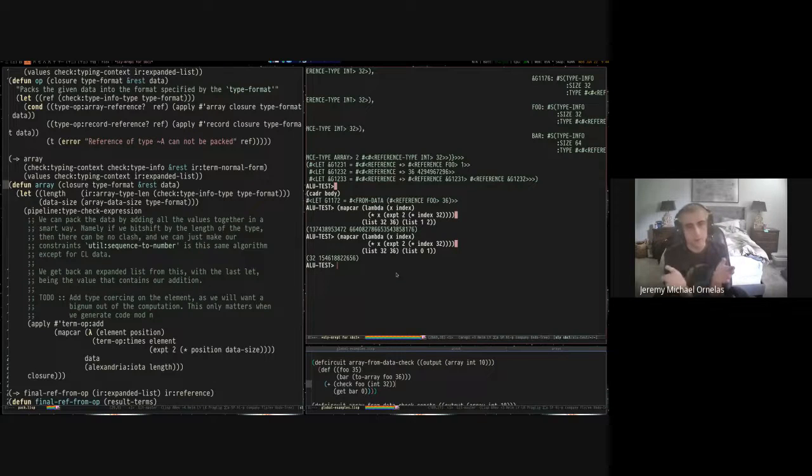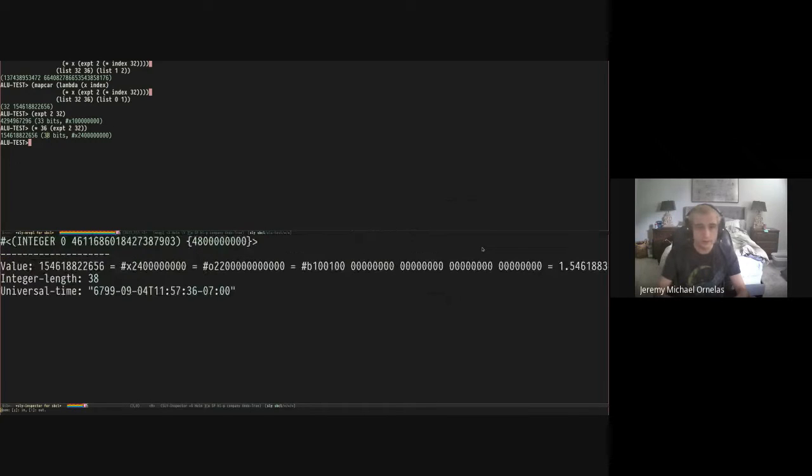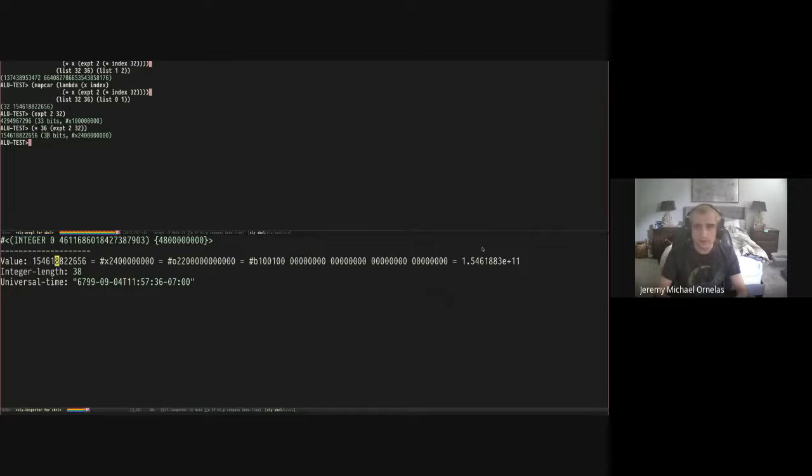Because remember, in the circuit model it's a bit interesting in that arrays aren't real. We have to pack this into a single number, so we have to bit shift everything to fit in a single number. And because of that, we can make this work. So exponent 2 to 32 is this big number here. And when we times this by 36, we get this number here. And this number, if we look at the bytes, Common Lisp is wonderful and lets us show it. The first X bits of it, which we can see here, is all zeros,